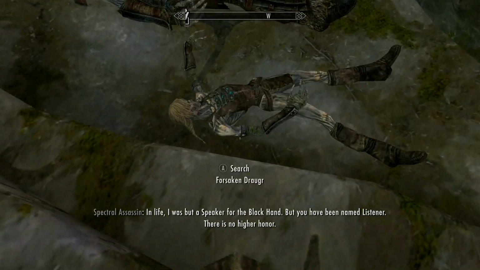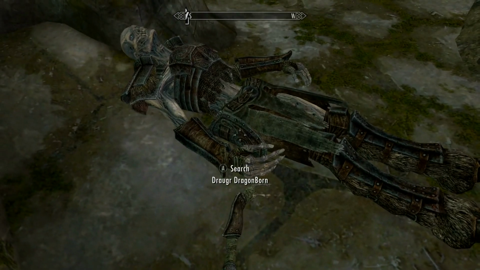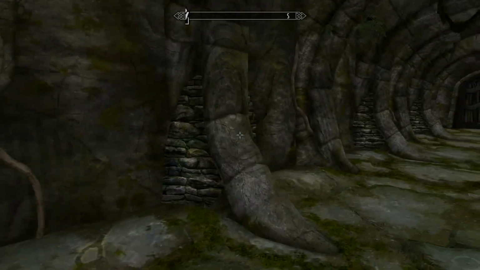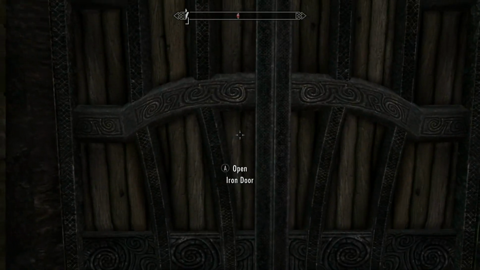Alright, let's see what's down here. That's Forsaken Draugr. Okay, so we didn't see any of these. Draugr, Dragonborn. Okay. So maybe we will find them in the dungeons. It did not say this, but maybe...